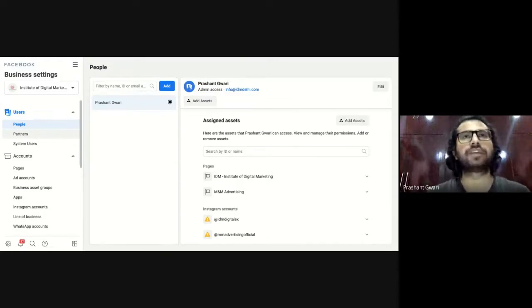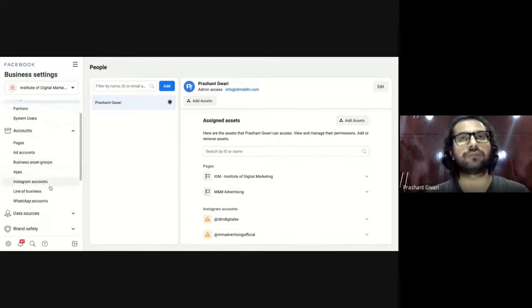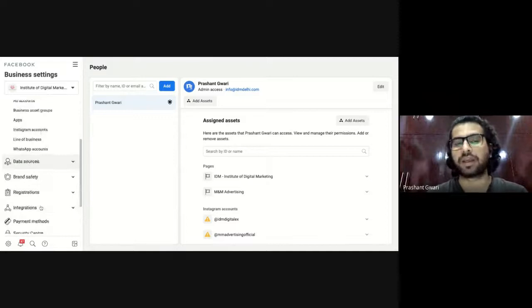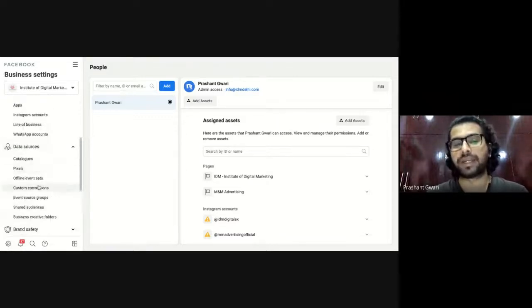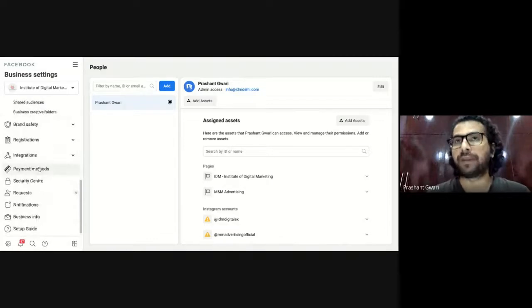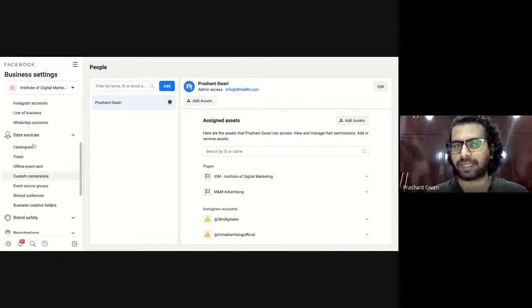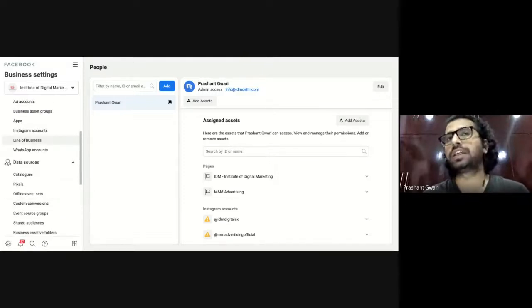verifying your domain, where you have the actual right and ownership of that domain, or giving access to someone for your page, or giving access to someone for an Instagram account, or giving access to your ad account, attaching your WhatsApp account or Instagram account, managing your pixel here, managing your catalog here, adding the payment method for your ad manager, or verifying your Facebook page with a blue tick by choosing the business info section. So there are lots of elements available here which you can use for your Instagram and Facebook marketing campaigns, or organic posting, or giving access or taking access.